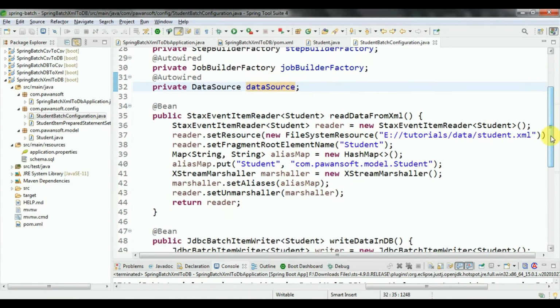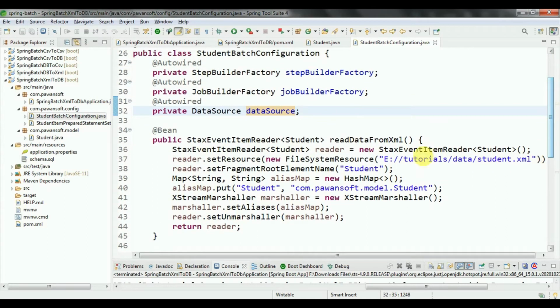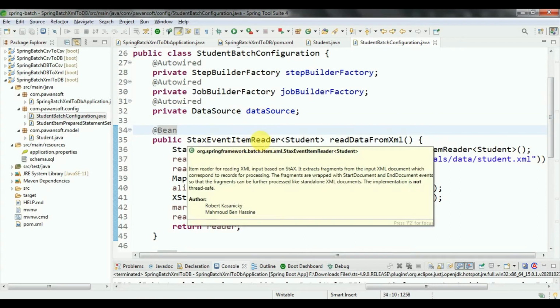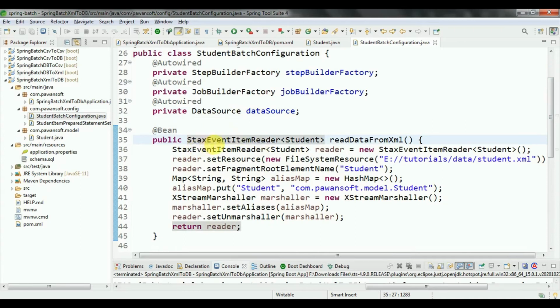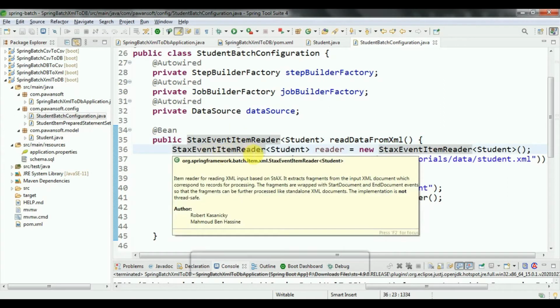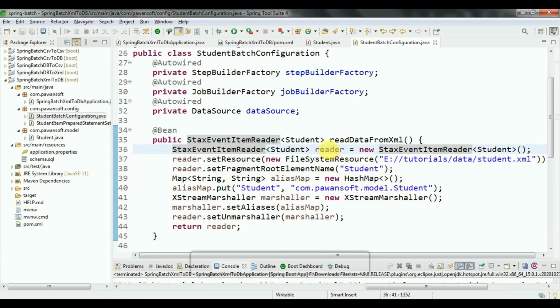To read the data from the XML file, you have to take the help of StaxEventItemReader. With the help of StaxEventItemReader, you can read the data from the XML file. After creating it, in the reader you have to set the resource from where you are reading the data.